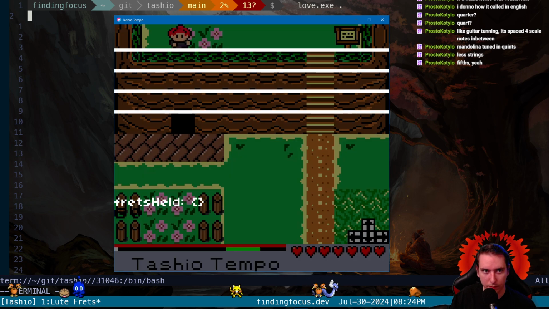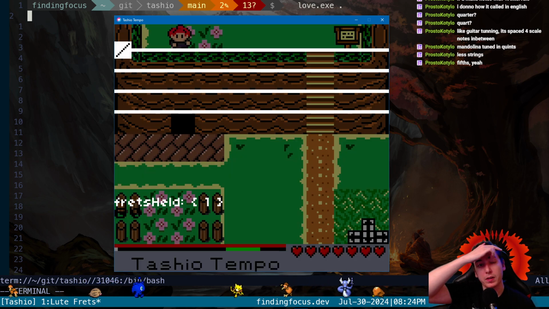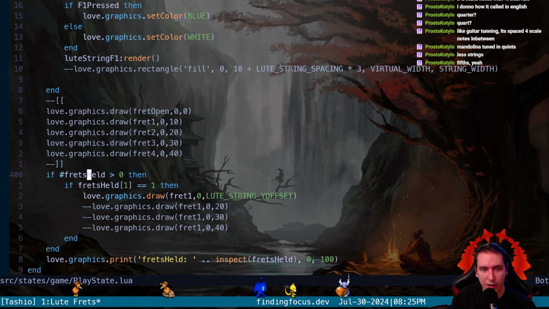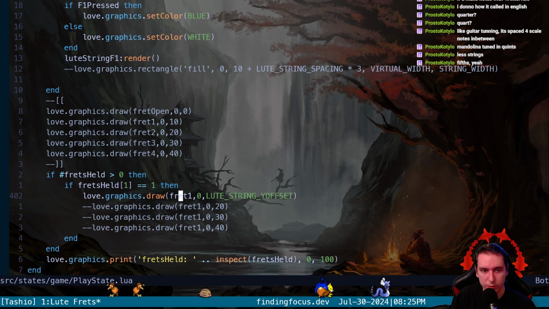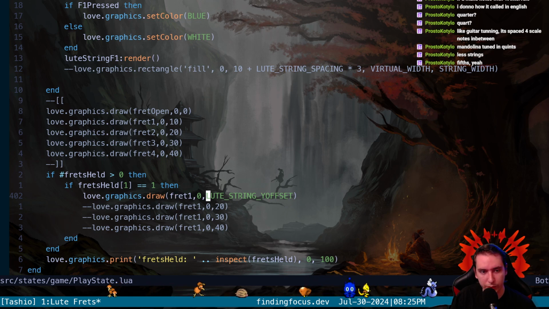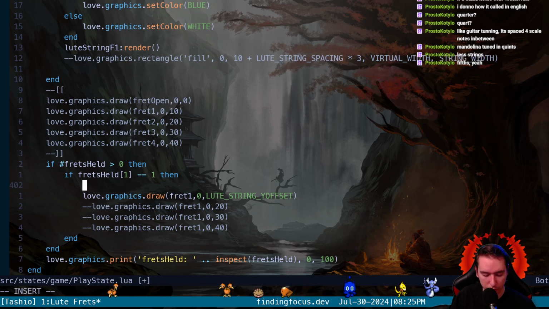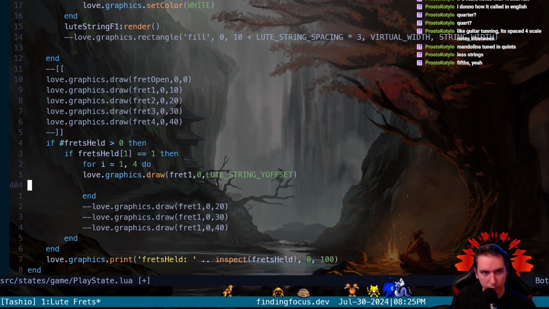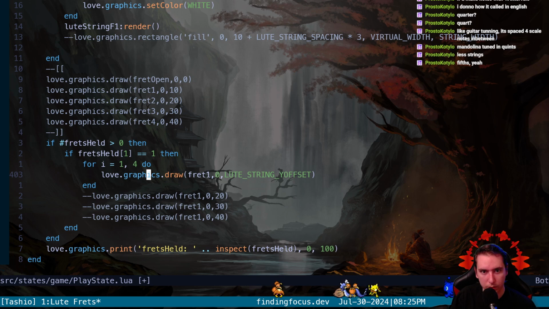I don't see it. Oh, that's perfect. That's perfect. So right at the offset there. So now every subsequent line needs to be the offset plus 10 or whatever. So we could do a little loop for this, which we should probably do. We can say for i gets 1 through 4, do a draw, and we want to draw the lute string offset